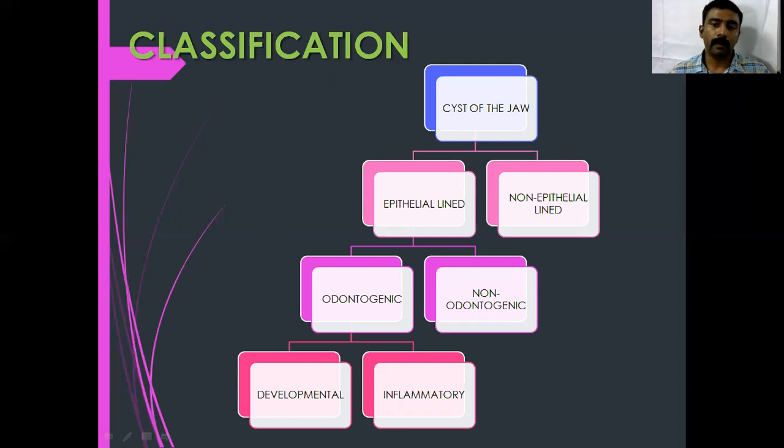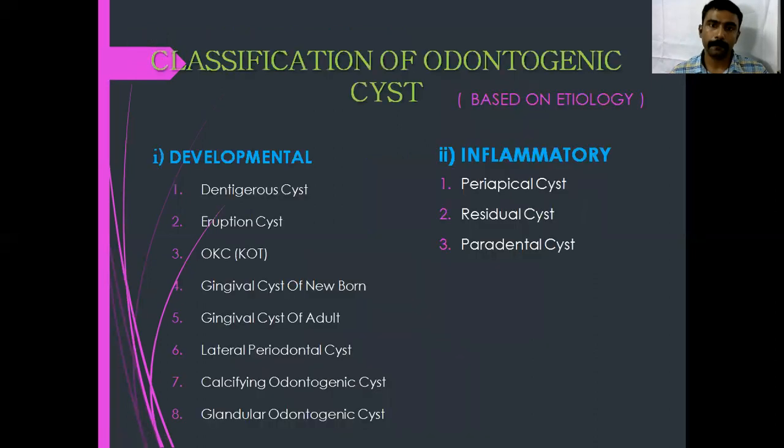Moving on to the non-odontogenic cyst, there are certain cysts which are not related to the odontogenic apparatus, and they are mostly related to the fissural cysts. The examples are globulomaxillary cyst, incisive canal cyst, which occurs between the roots of the two central incisors, that is at the incisive foramen, and the nasolabial cyst, which is a soft tissue cyst which usually doesn't show any radiologic feature. So these are the classifications of cyst.